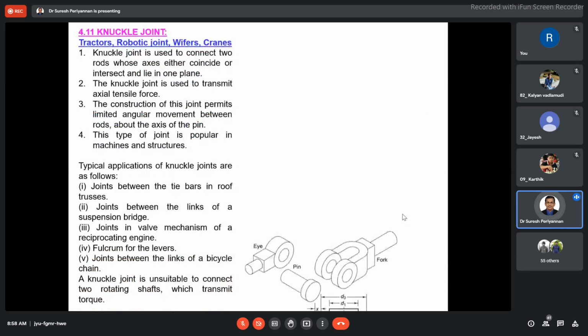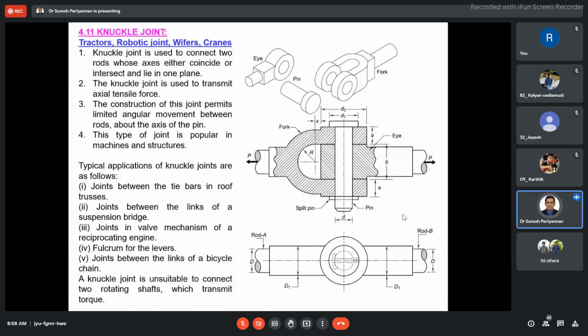Now we enter into more discussion about the knuckle joint. See, this is the knuckle joint, and this is the eye end and fork end. This is the fork component. This is the eye end component connected to the rod. This is the rod. I will also tell you the dimensions: this is a dimension D, and this is also the same dimension D. This is the fork or two eye end. We can call it the fork or two eye end.